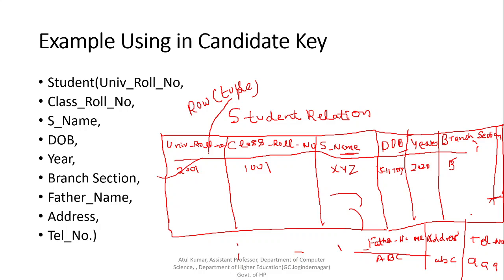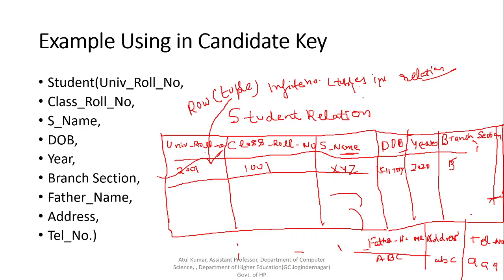So a relation may have a tuple, must have a tuple, and it may have an infinite number of tuples. You can add an infinite number of tuples or rows in a relation. Suppose the second entry I will add in this relation is